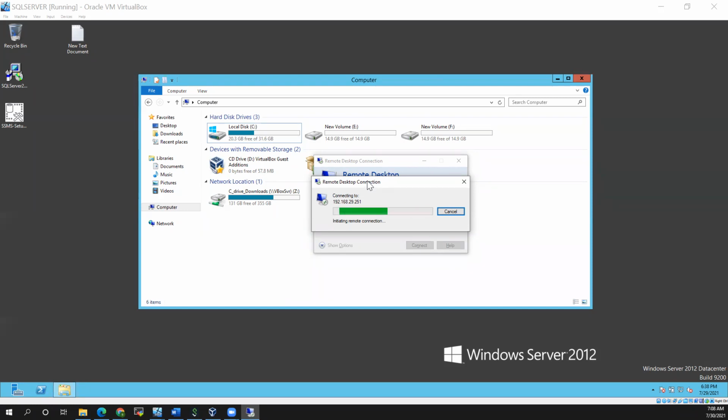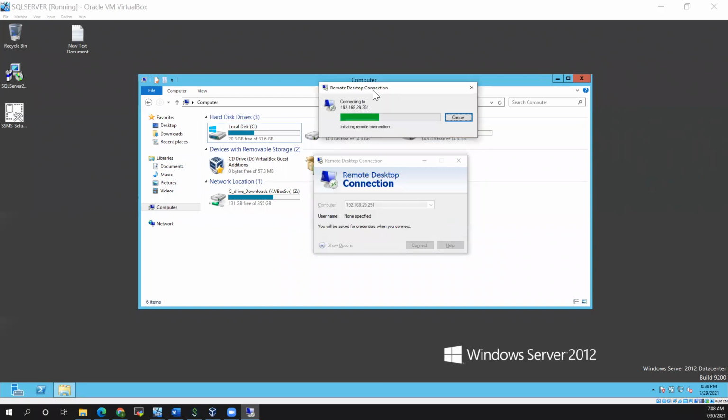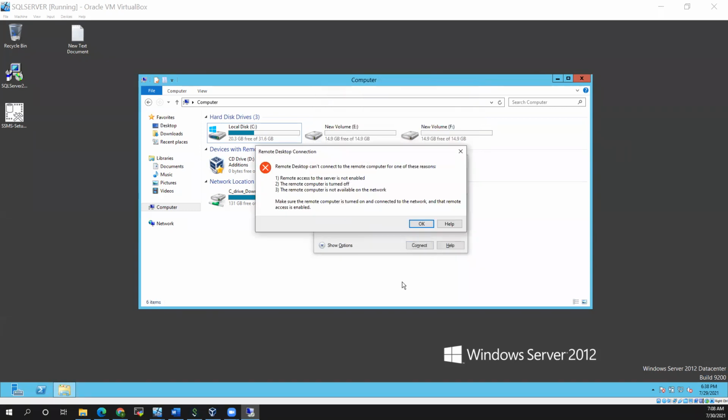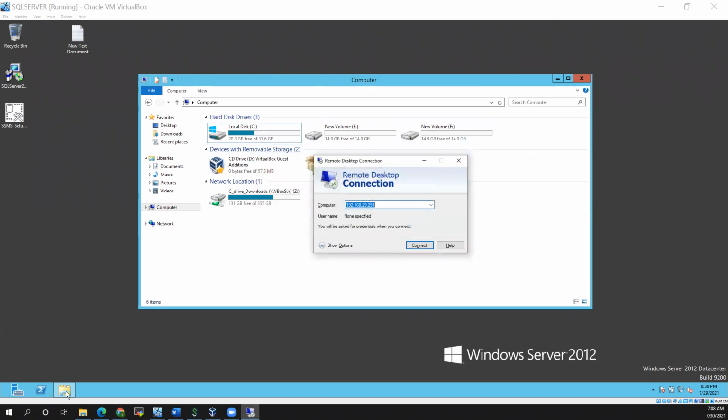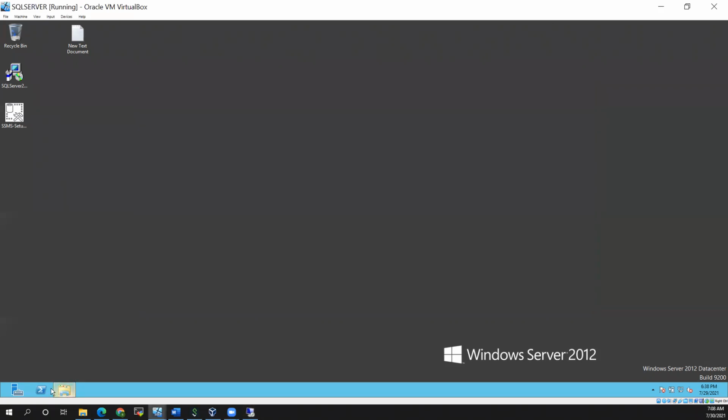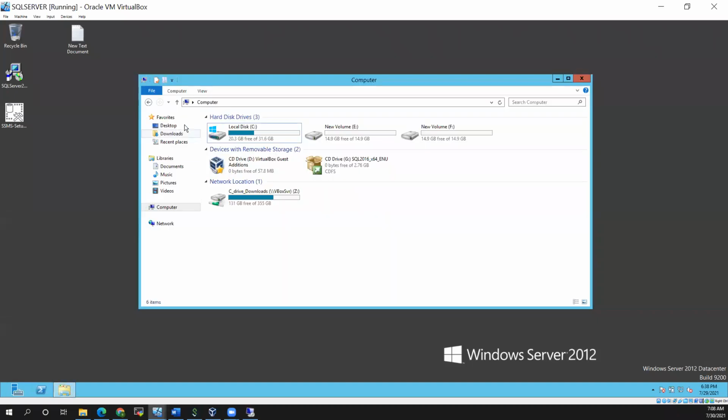Like this, whatever the IP is, the server name and IP, in general we have to enter like this. This is what I am showing in our boxes.